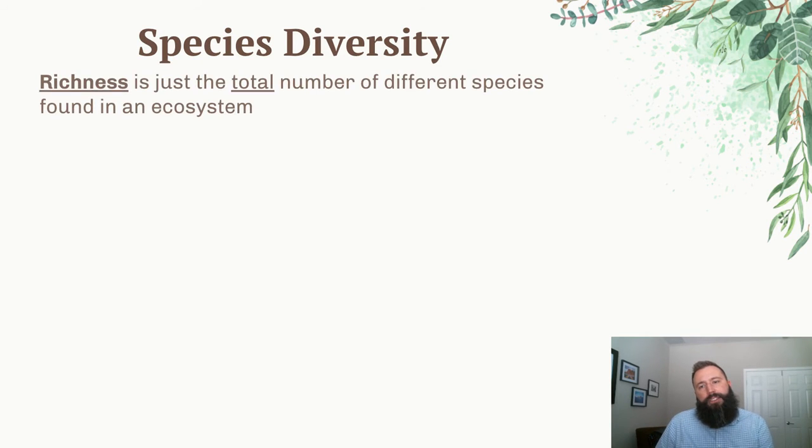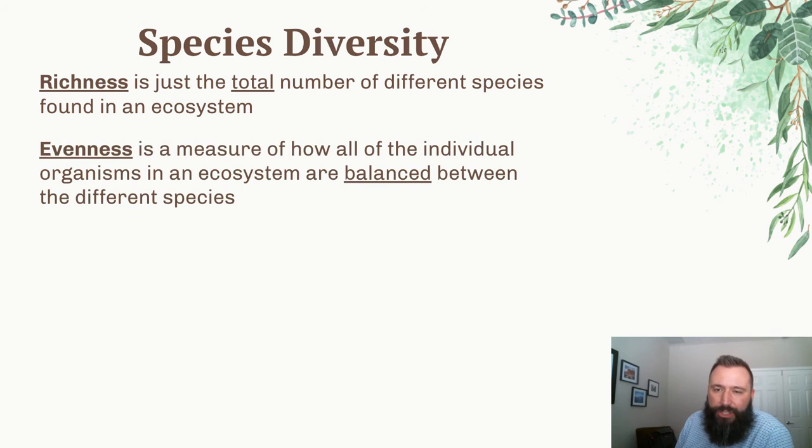Let's talk about species diversity. Here's a big concept that we've got to understand for this set of notes. We'll talk about today species richness and evenness. Now, species richness is referring to the total number of species found in an ecosystem, whereas evenness is a measure